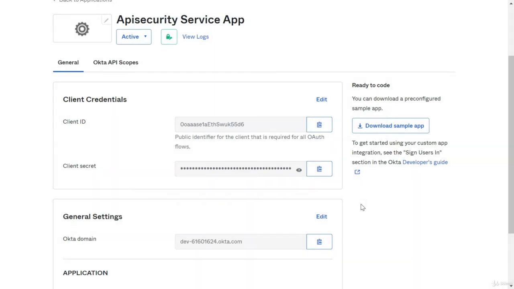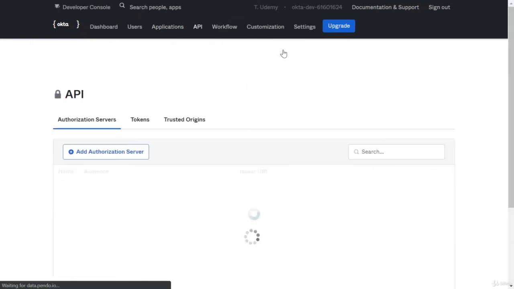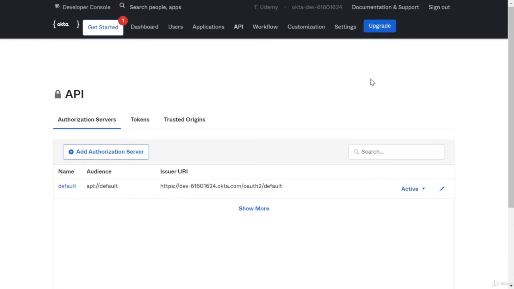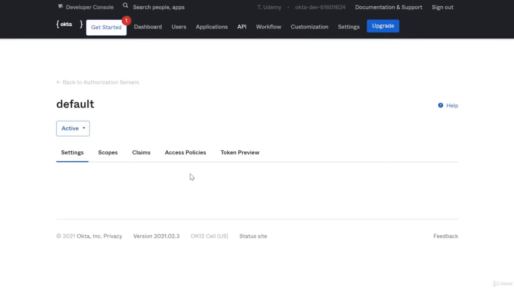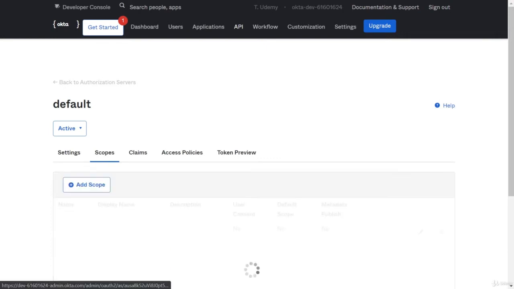In Okta, we will create custom scopes according to our needs. Go to the menu API, Authorization Servers. Select the default authorization server. We will use this for the sample. Here, we can define custom scopes on the tab Scopes.